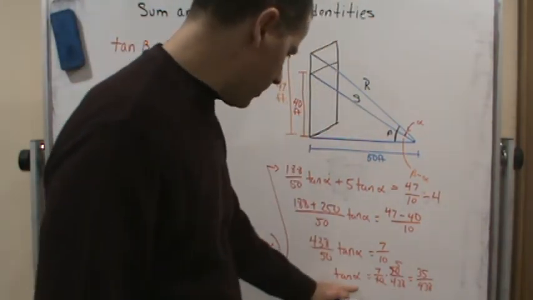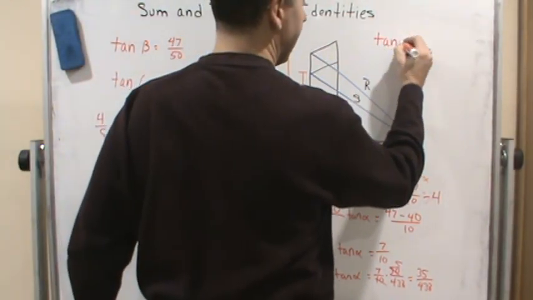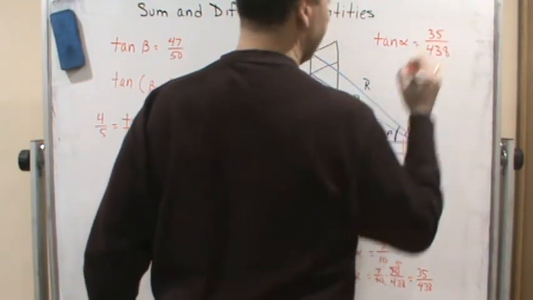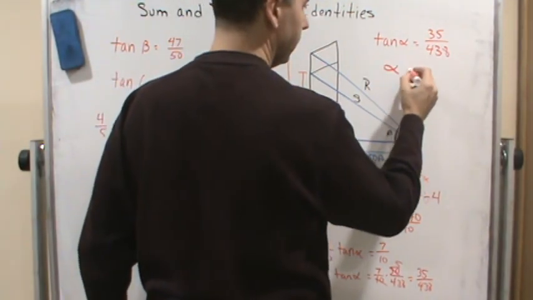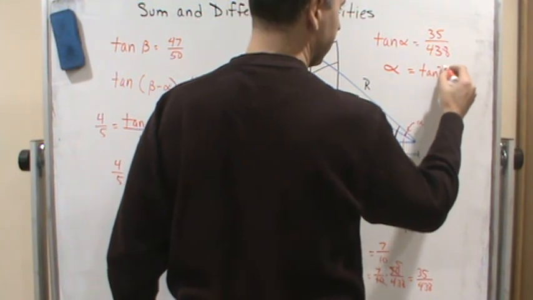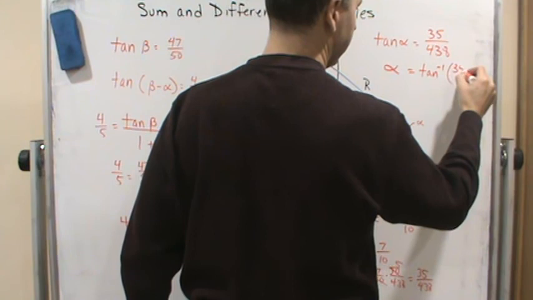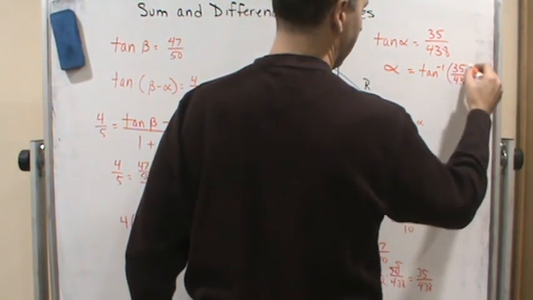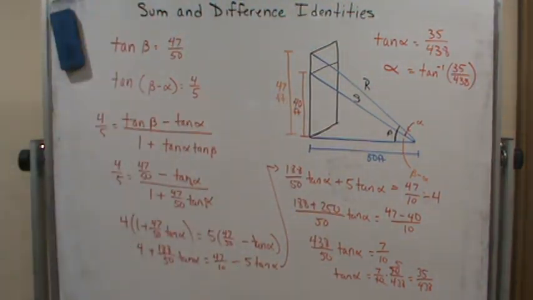Now since I've got tangent alpha, let's go back up here. What I've found is that tangent alpha is equal to 35 over 438 exactly. So now guess what? Alpha equals the inverse tangent of 35 over 438. And when you put that in your calculator,